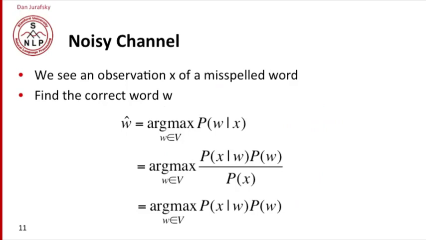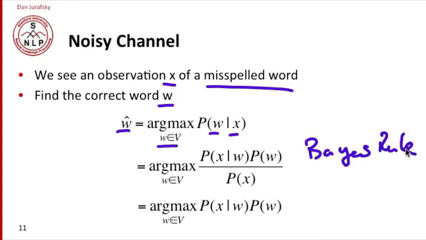The noisy channel is a probabilistic model. Our goal, given an observation X of some misspelling, some surface thing we've seen, is to find W, the correct word. And we're going to model that probabilistically by saying the best word, the word that we'd like to replace our misspelling with, is that word out of the vocabulary that maximizes a probability. What probability? The probability of the word given the misspelling. So given that we've seen some misspelling, what's the most probable, posterior probable word given that misspelling? And we're going to use Bayes' rule